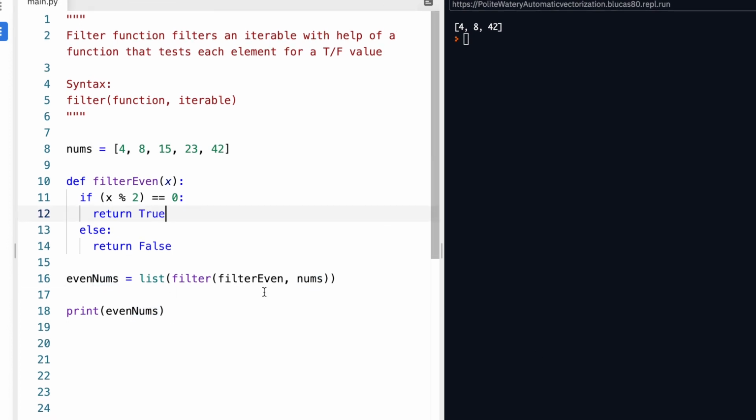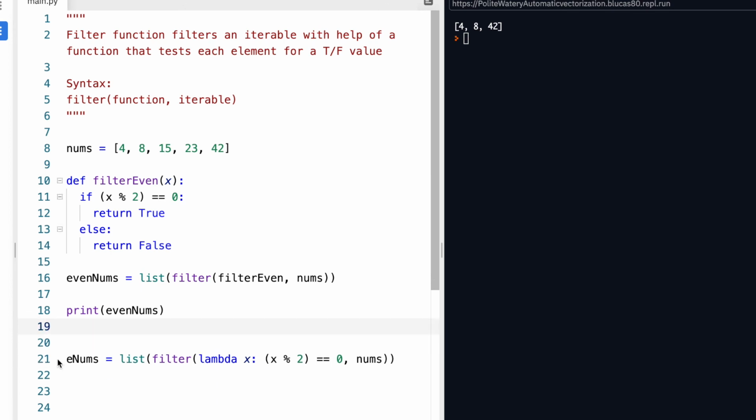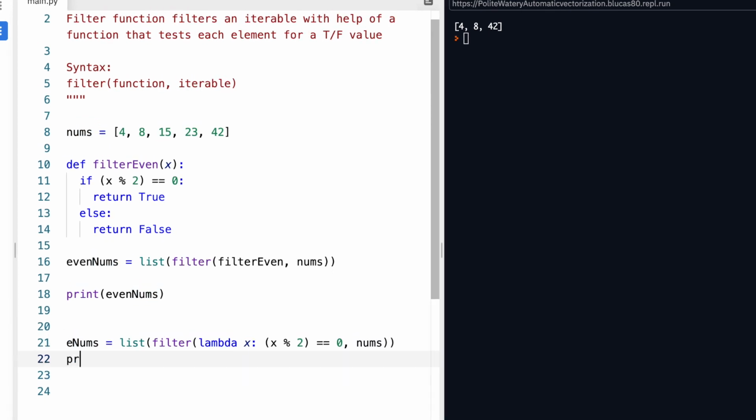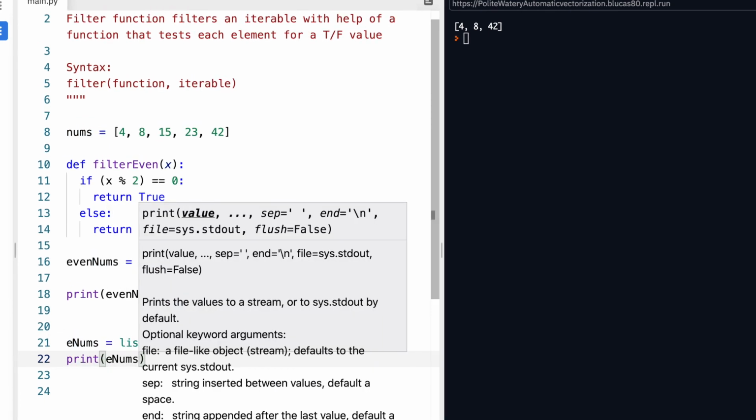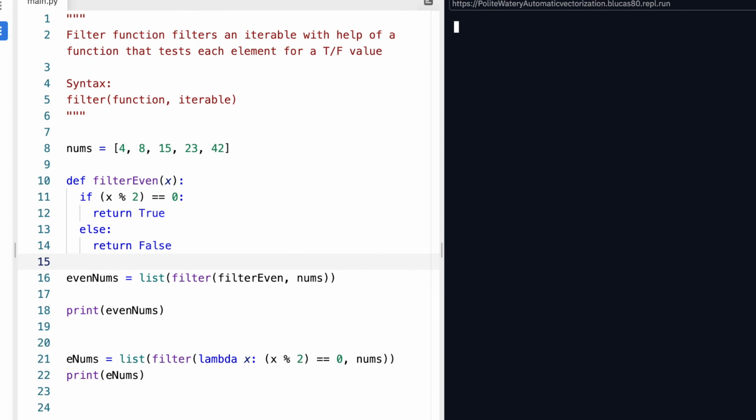But that also leads us into lambda. So we could, again, use lambda and simplify our code. So let's say I have another object called enums, and again, I'll do the list, I'll do the filter, but this time instead of calling another function, I'm going to use my anonymous function lambda. And this is just checking to see if it is indeed an even number. I'm sending it the nums value, and if I print enums, we'll have the exact same result that we had in our earlier code. So let's run, and again,